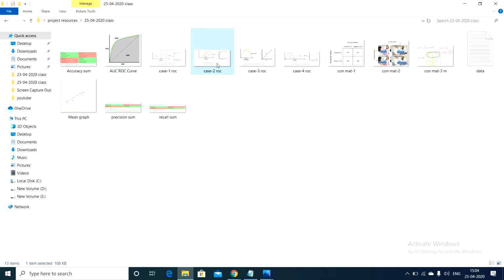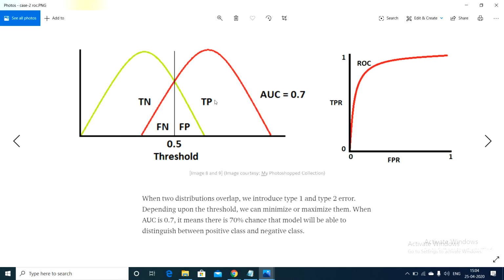What happens if there is overlapping, in the sense of predicted values overlapping? If it is a true negative, it is predicted as a false positive. If it is a true positive, it is predicted as a false negative. So there is some overlapping. See here, there is overlapping between the green distribution and the red distribution. So if it is like this, see here the ideal